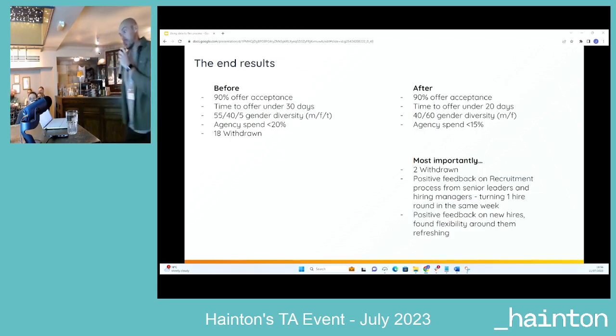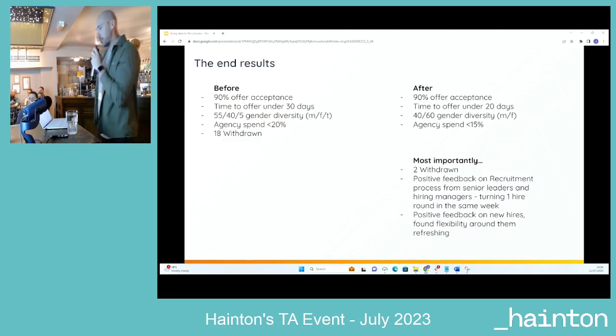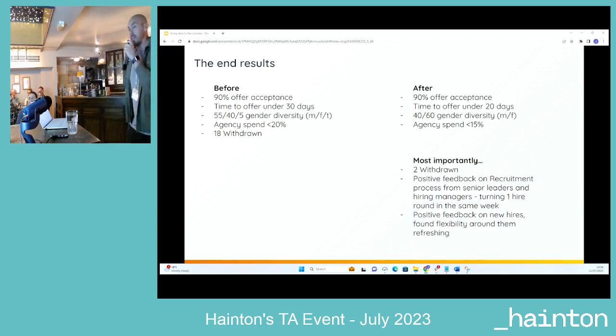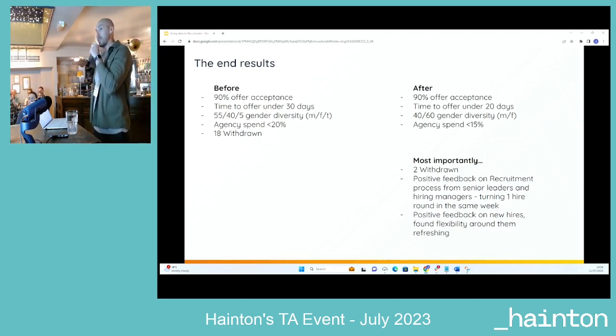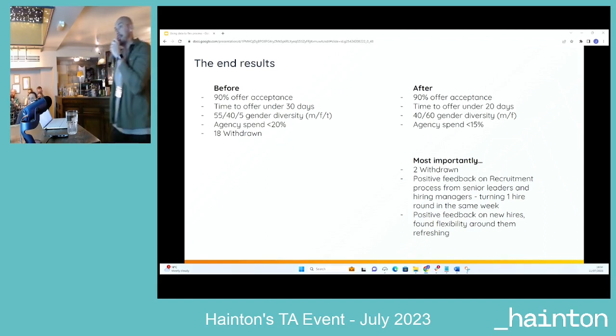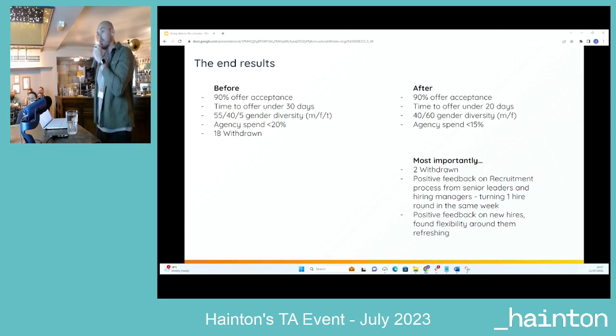So this is the end result. You can see there's not a massive amount of change from the stuff at the top. At a high level, it's not marginally better. I think the main thing, most importantly for us, in the same number of roles, where before we had 7 dropouts, we had 2. The feedback was really positive on our recruitment process, both from people in the business thinking we could turn things around much quicker, but candidates as well, saying they felt more bought in,